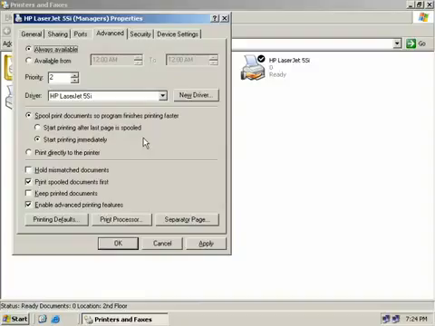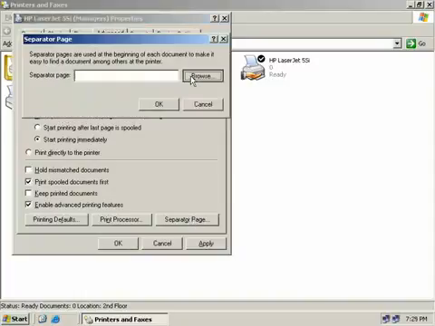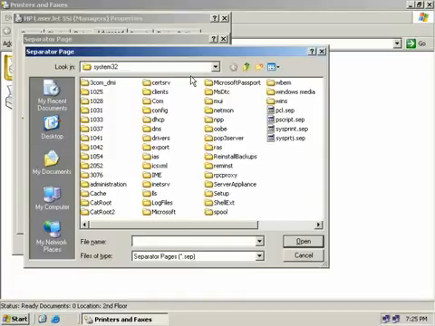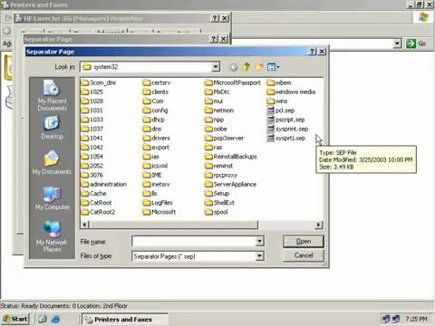Okay, so back on our advanced tab, if you'd like to print a separator page so it makes identifying where a print job finishes and where the next job begins, you can click on the separator page button and then browse to the location where you have a separator page stored. Now once you click on browse, you will see here 4 default separator pages that have already been included with